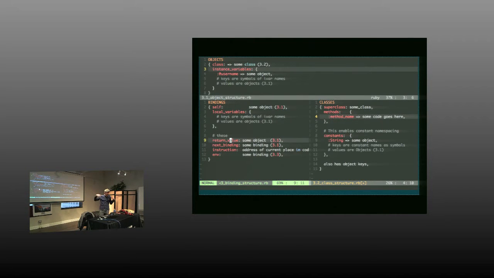So as a consequence, if you evaluate a piece of code, you've updated the return value. And then if you leave the method, you can always say, and what was the return value? And you'll just look at it and see that thing. This is why, for example, the last line of a method is returned. It's because it's the last thing you evaluated, and so it's what got stuck on the binding's return value. And so when you popped it off the binding and you looked at it, you see that value.